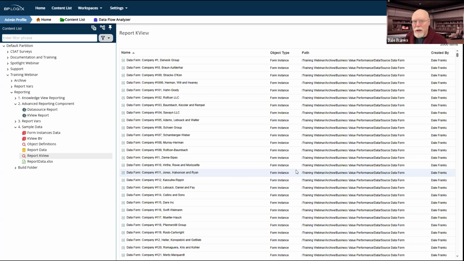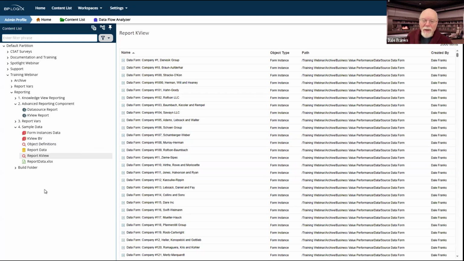So the advanced reporting component provides us with many additional reporting capabilities that simply don't exist inside the built-in knowledge view. So we're going to cover the advanced reporting component, and we're going to cover the two major types of reports that you can create, because the nice thing about the advanced reporting component is that as long as you can connect to external data, you can not only report on the data from inside Process Director, you can report on data from any accessible external data source.